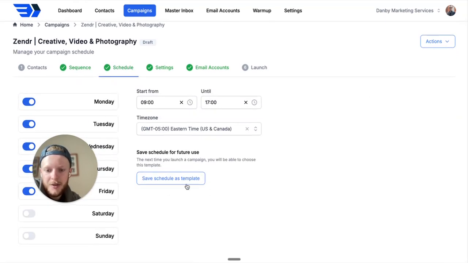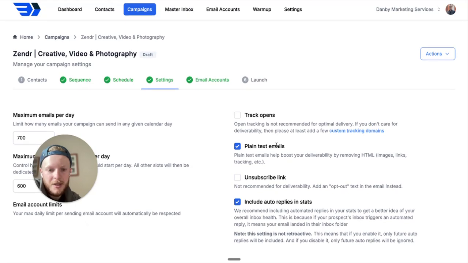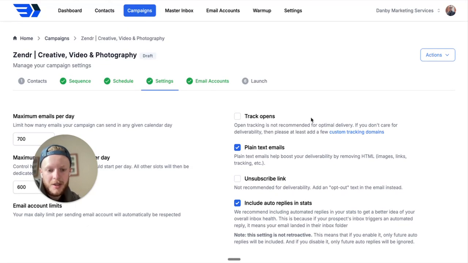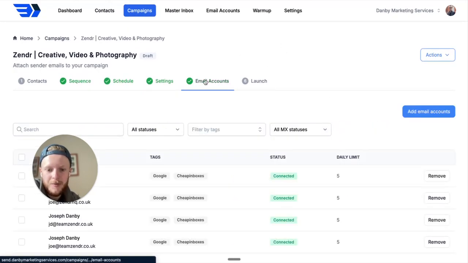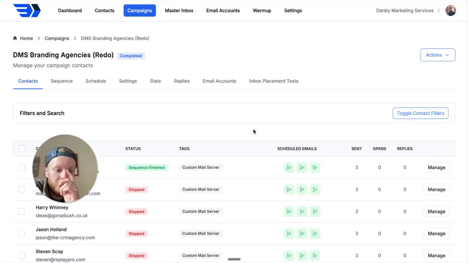Scheduling, you can save these as templates as well. Settings, plain text toggles, emails per day, turn off open tracking. Again, nice and simple. Add your email accounts in, launch campaigns, and then when you have launched a campaign, your campaigns, you'll then also be able to use the